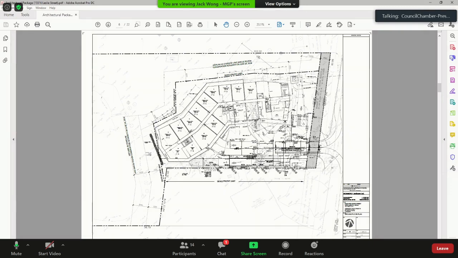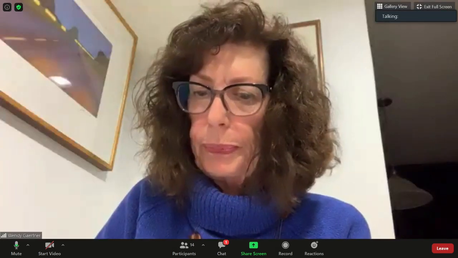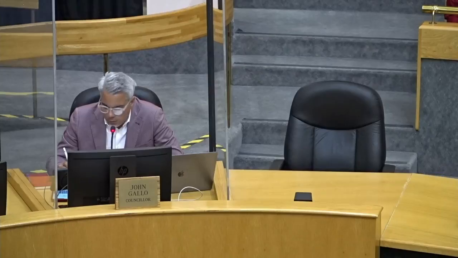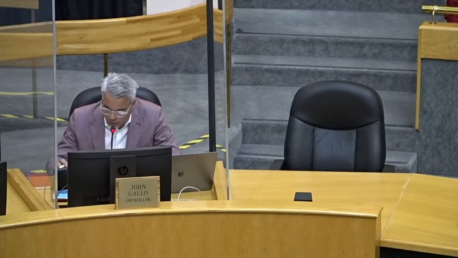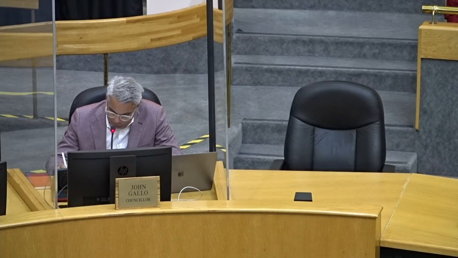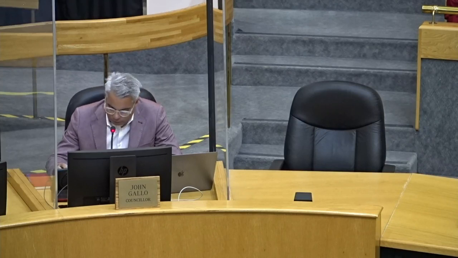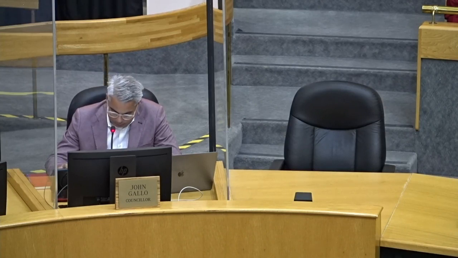Thank you, Councillor. Is that all? Yes, thank you. Councillor Gallo, questions to the applicant? Thank you, Mr. Mayor. Just along the same lines, the amenity space requirement is 18 square meters per unit, 137 units, 2,466 square meters. Is that accurate? And if so, can you identify exactly what the square footage is that you're proposing? Mr. Wong? Of indoor space?